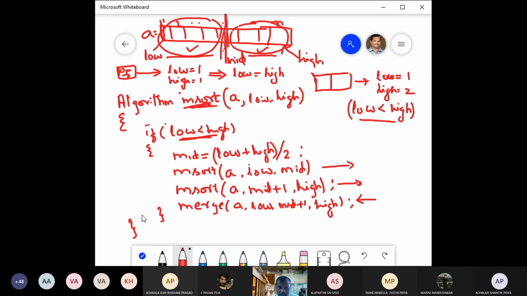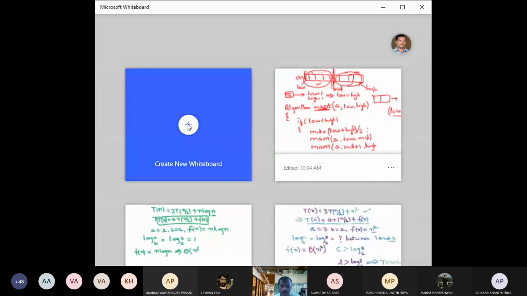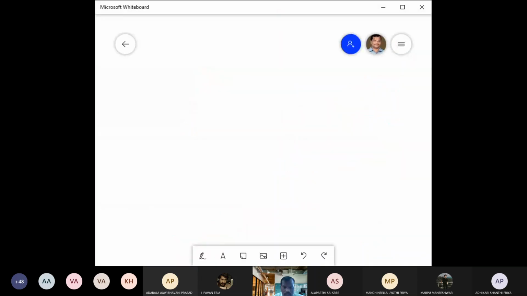If it is understood, then we will see how this merge function will work. So what is the purpose of merge function? It is to merge the two sorted lists.